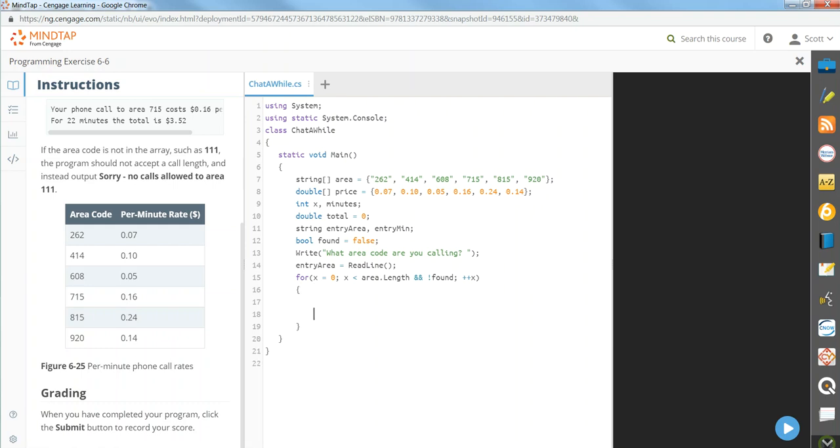And what is it that we want to do? Well, I want to check to see if entry area is equivalent to an area in our array. Okay, so get our structure set up. What do we want to do? Well, if it is a valid area, well, let's go ahead and